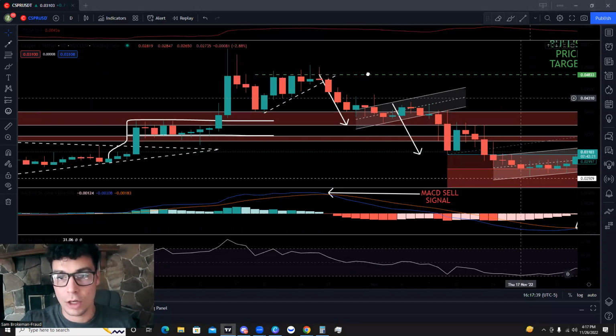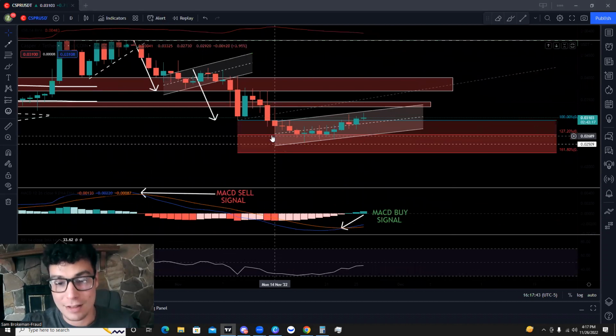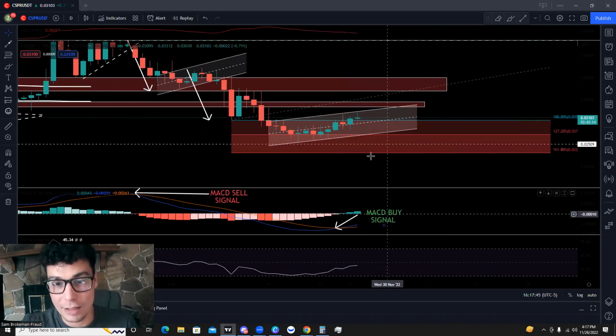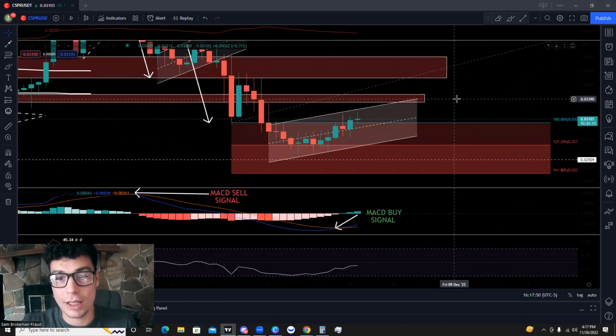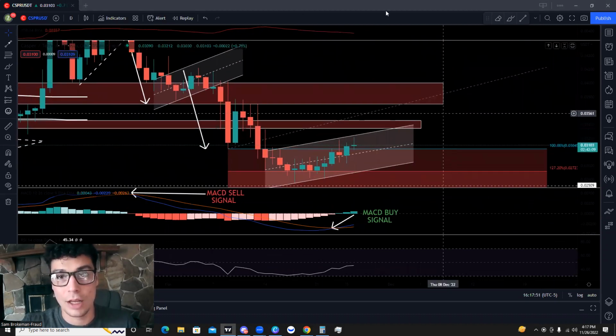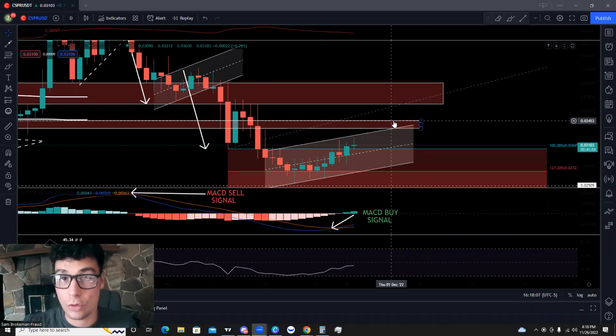Okay, so looking at what we're doing right now in the current price action, again, we have that slight bullish divergence. We've got our MACD buy signal, and we're starting an uptrend. Okay, now there's two areas that we really need to watch out for and pay attention to. They're going to be some intermediary supply zones, right? And you can also call these resistance, but it's more of a resistance range rather than just one specific price level. Okay, so our overhead supply zones that we basically need to be cautious of and look for some resistance